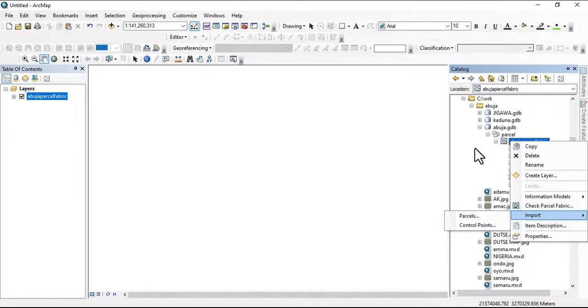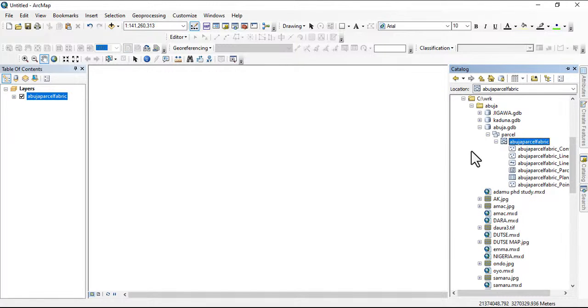So before we go further to know more on what this parcel fabric addresses, we will also recreate this on ArcGIS Pro so that we will see how similar and how dissimilar they are, but we will be doing that together gradually. So thank you for